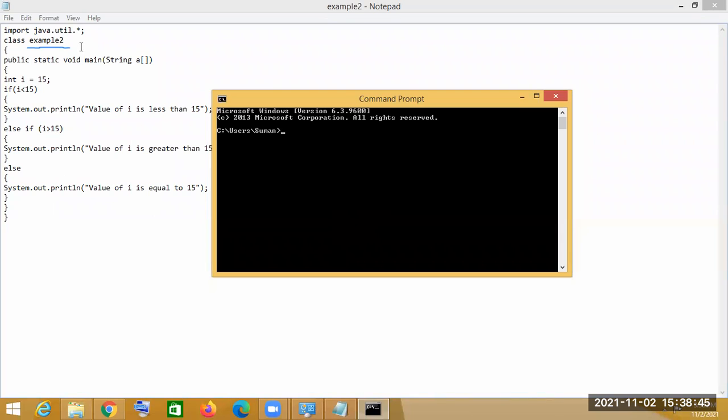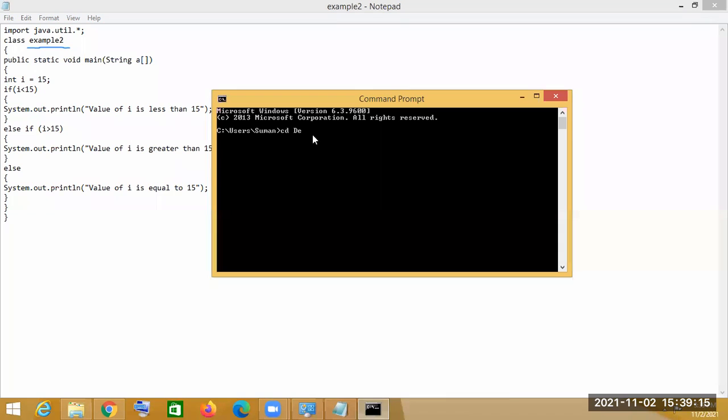Now, where is this file stored? We have stored this Java file on the desktop. So we will use the command cd, and after cd, desktop. Cd means change directory, so go to the desktop directory, because if we don't go to that directory, the Java program will not run.